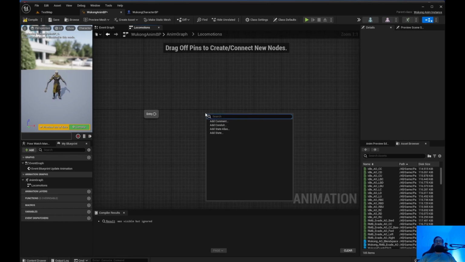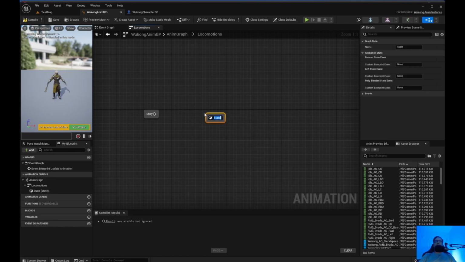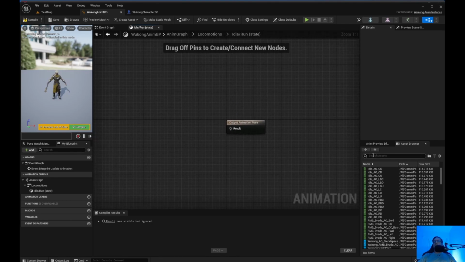This is probably familiar to you if you have already done blueprints. Go ahead and add a state. We're going to call this idle run. And we go ahead and connect to it, and we double click. Now you can just come in here and click on idle,